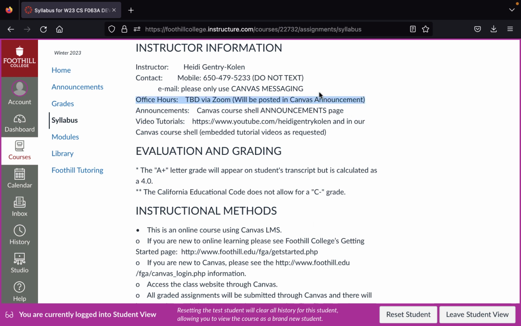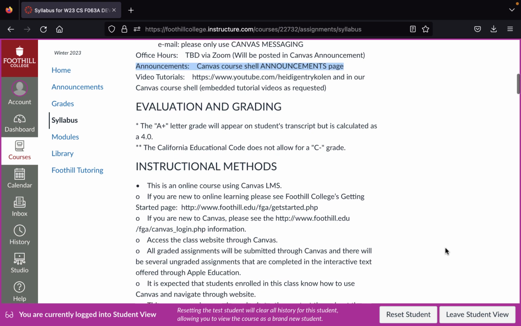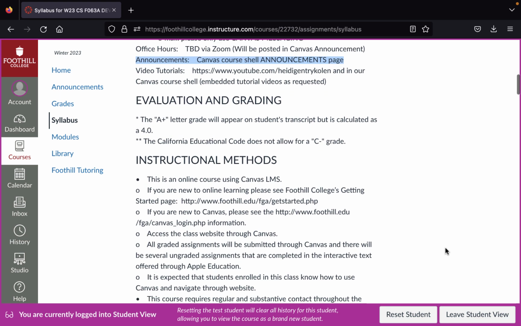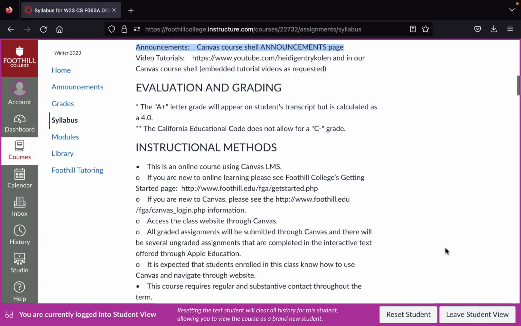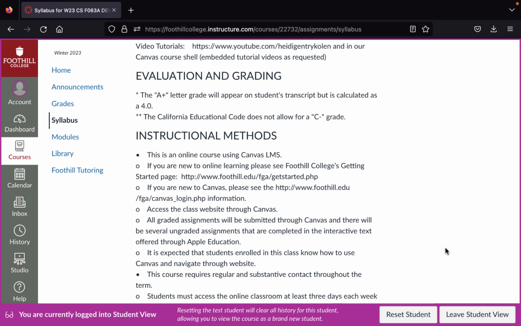Make sure you log into the course at least every other day for announcements. There will be information shared regarding grades, curriculum updates, and tutorial information. So make sure you log in and take a look at those announcements. As an alternative, you can set up your notification settings so that any announcement or update I post can be sent to your phone or your email, whatever's easiest for you.